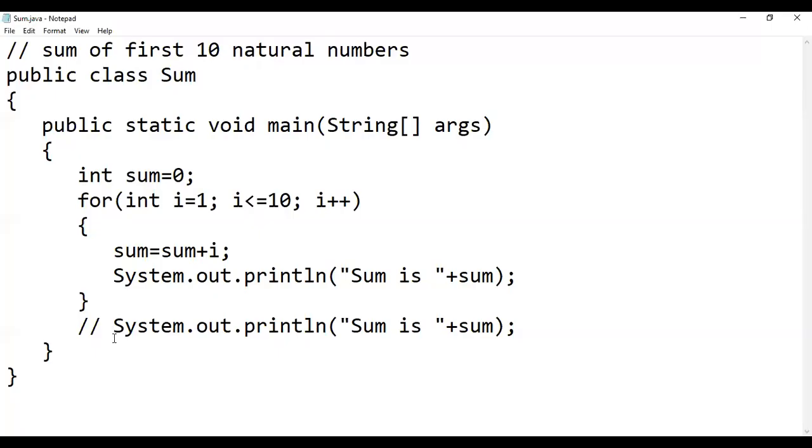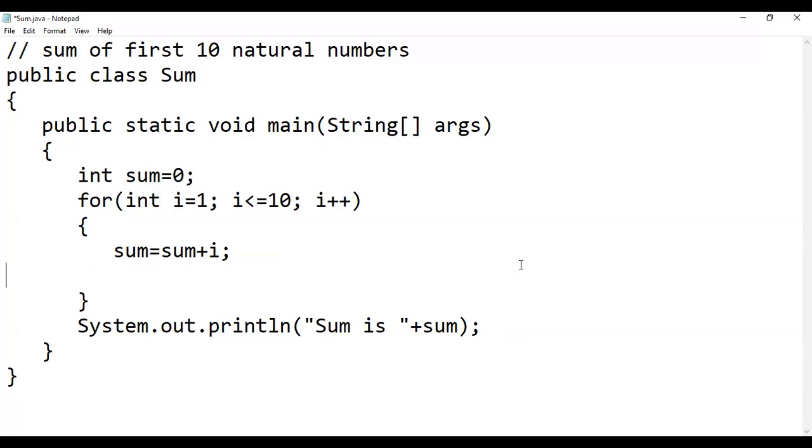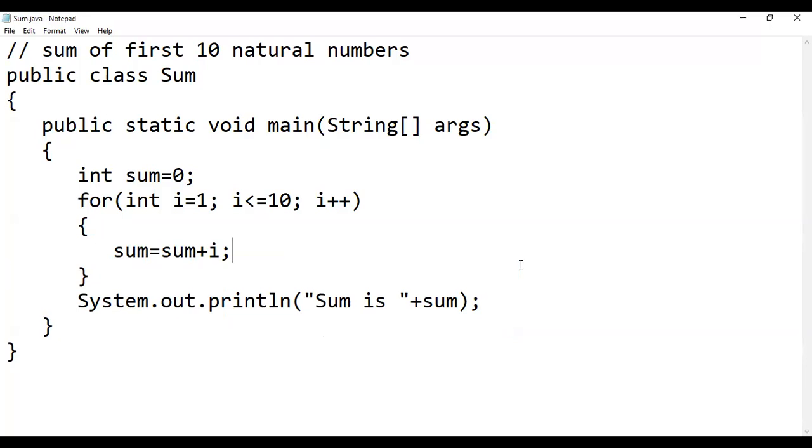So we will write it outside the for block. Now see what happens in this program.